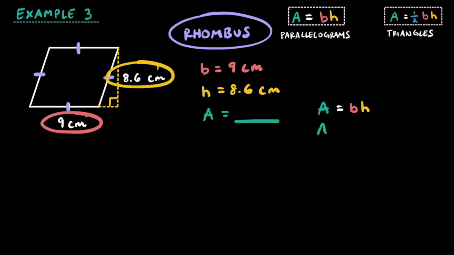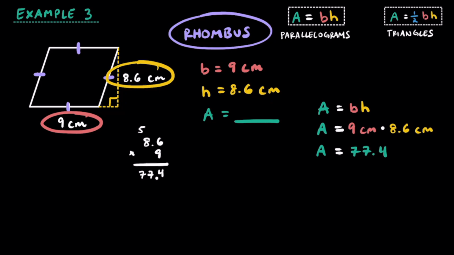So we know that the base here, what's the base equal to? That's 9 centimeters, so we can write 9 centimeters, and we're going to multiply that by the height. And the height we were given is equal to 8.6 centimeters. Let's just go ahead and multiply 8.6 times 9 on the side to find out what the area would be. So 9 times 6 is going to be 54, we'll carry the 5, and 9 times 8 is 72, plus the 5 is going to be 77, and we have 1 decimal place value, so we're going to have 1 in our solution. So the area here, which makes the most sense, is going to be 77.4,